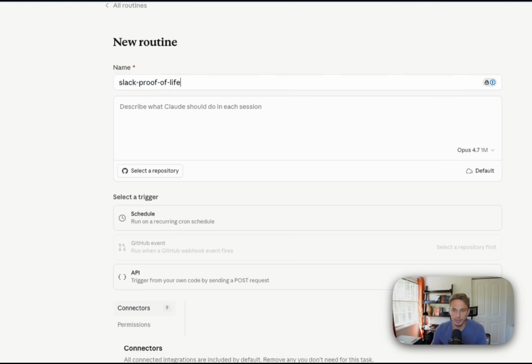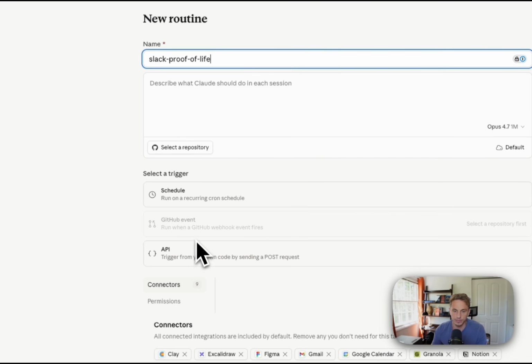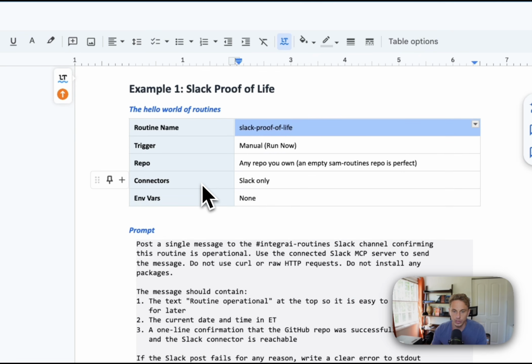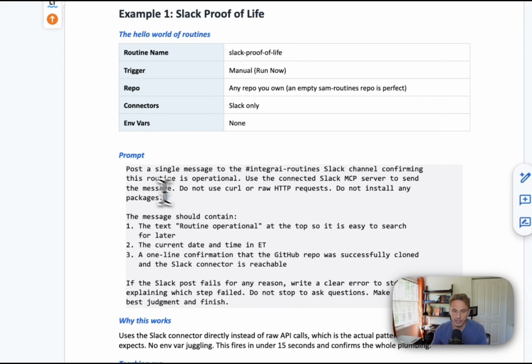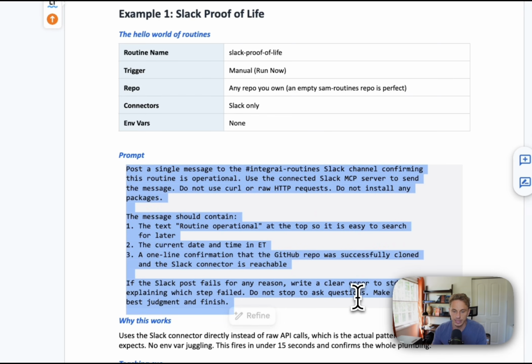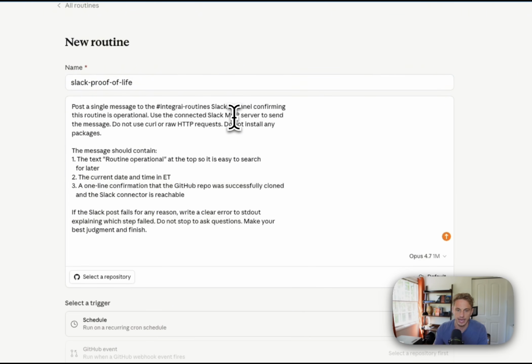And we're going to do manual. We're going to run it now. We're going to, Slack only. Okay, so this is basically an automation to see if we can ping Slack. So post a single message to the